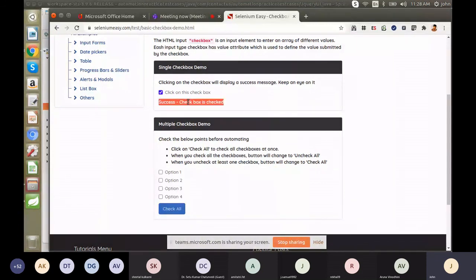Same thing I told, right? You have to use the getText method. Here also we have to select the check option. Same thing. The only thing is you have to find the correct XPath. If you find some other XPath, it will throw an exception. Okay, so this is the checkbox-related example.